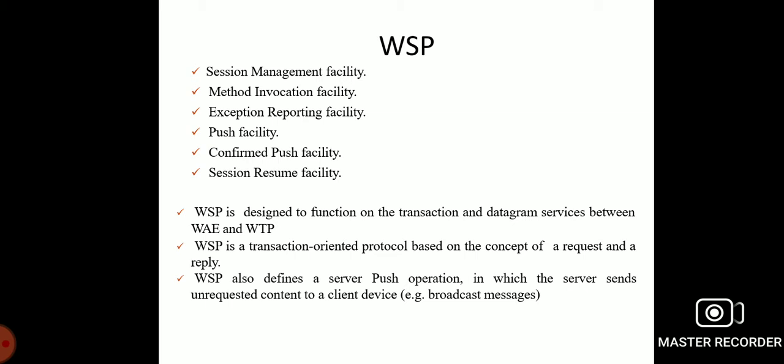The Wireless Session Protocol defines an efficient binary encoding for the content it transfers. That is, the Wireless Session Protocol offers content typing and composite objects.